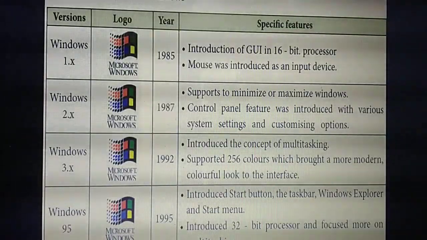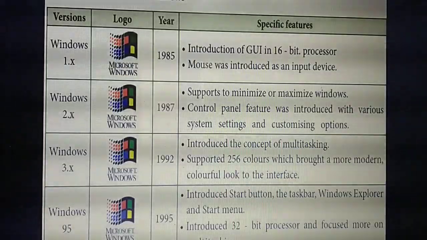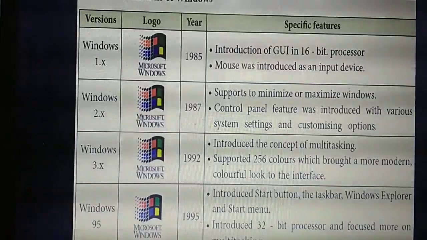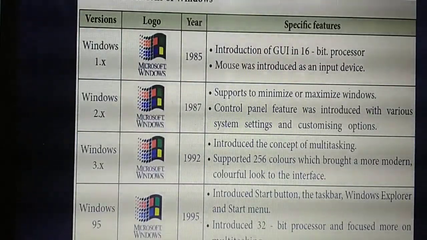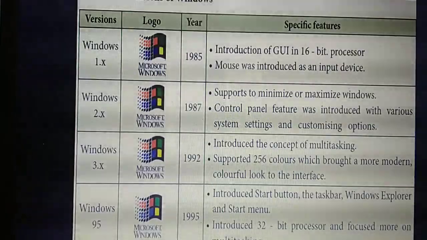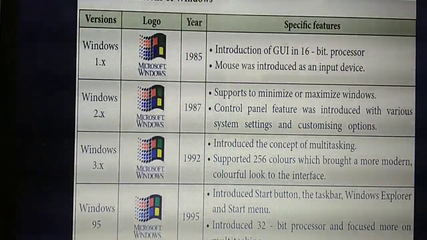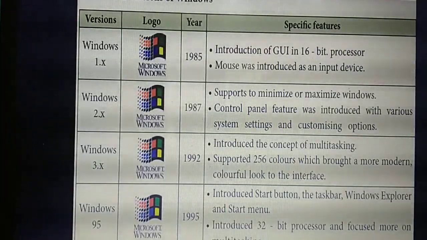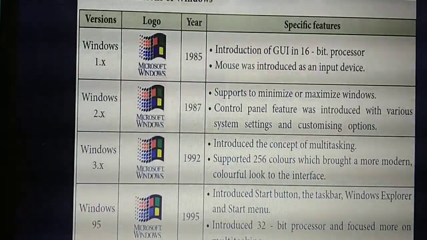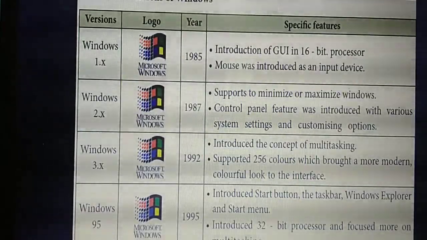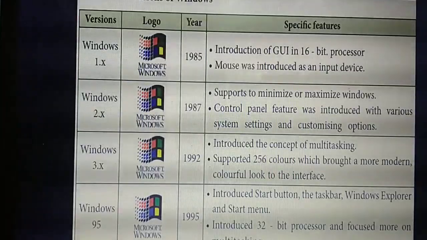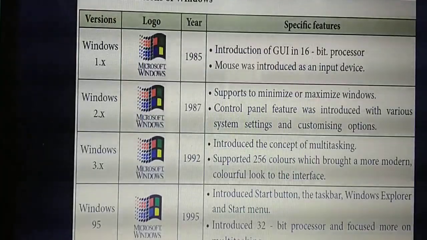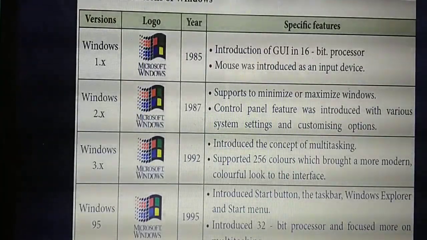In the first chapter you studied types of generations of computer, isn't it? Likewise, this question is also very, very important. Sometimes they will ask either that question or this question. Various versions of Windows: a very, very important question. Please study after completion of this session itself. You should study and write. Last time also they asked this question two or three times for midterm exams, quarterly or half-yearly, I think. So please study thoroughly.